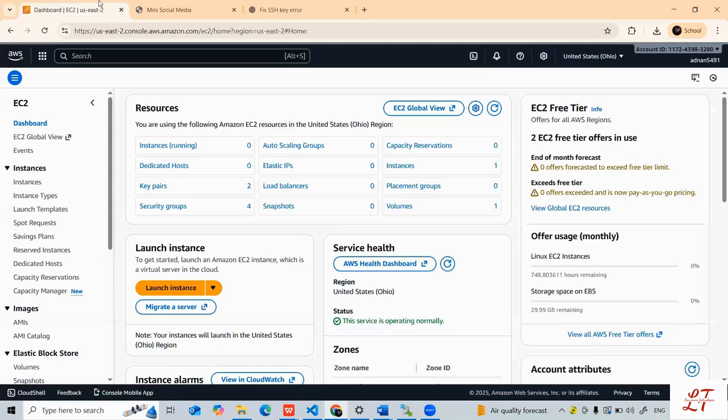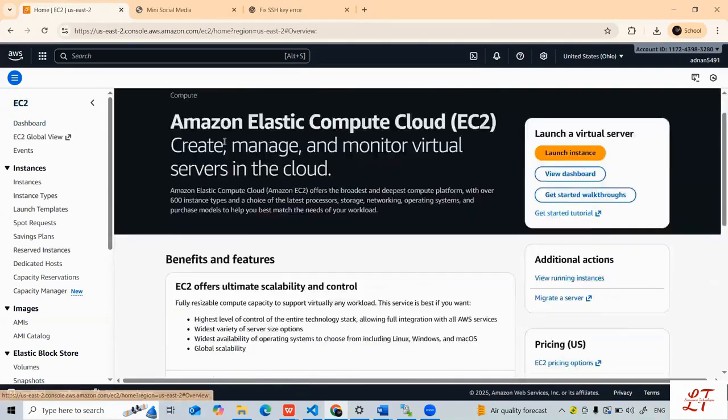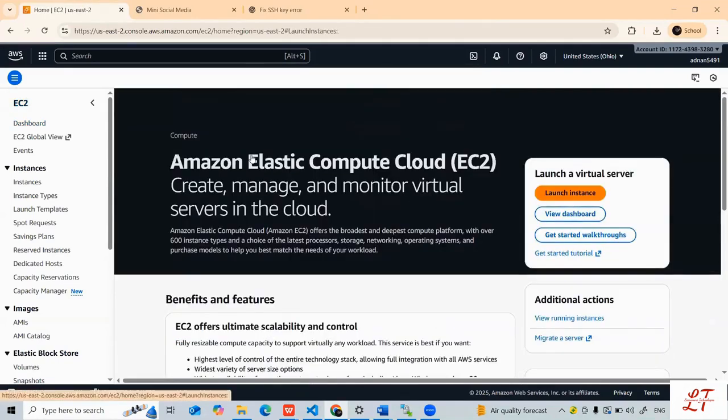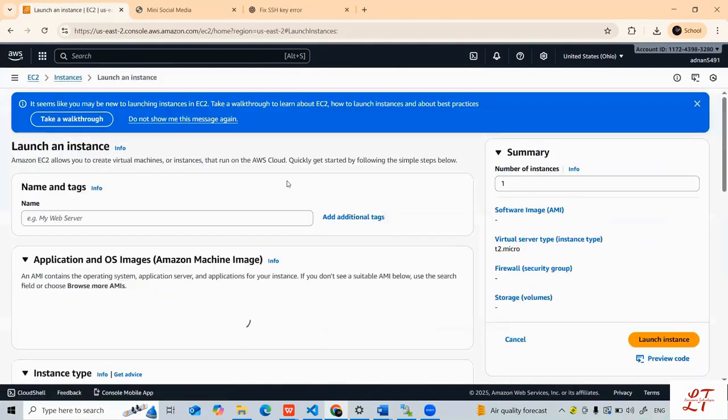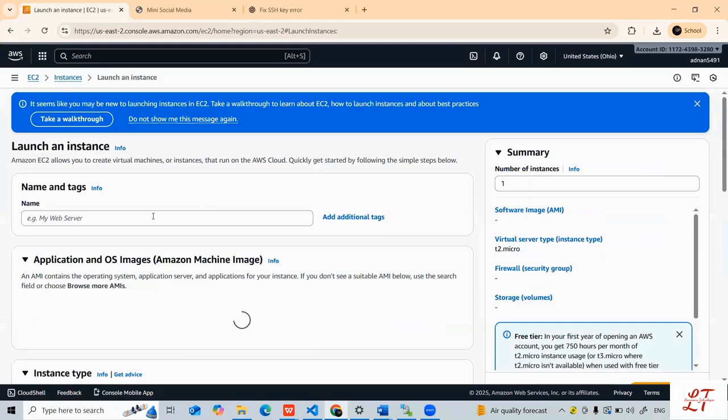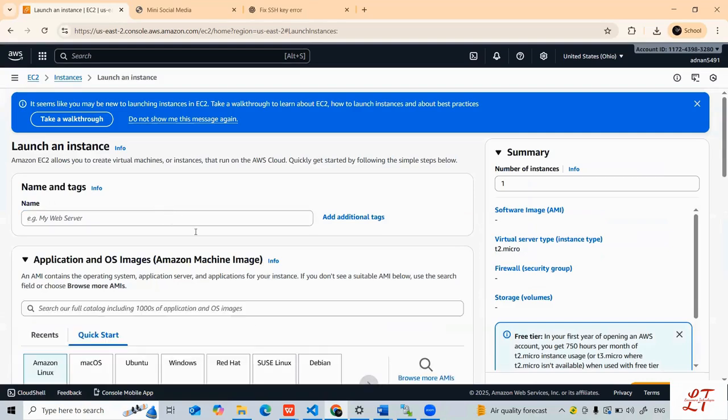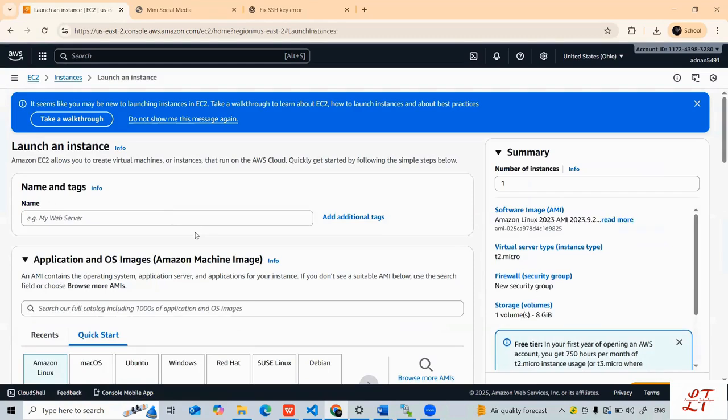First, we're going to navigate to EC2, and then we're going to launch the instance here. And we're going to give it a name, EC2 user. This is the name that I will be giving to my instance.